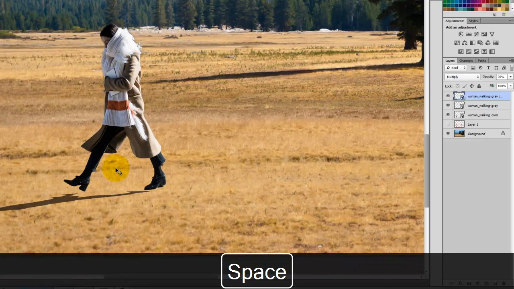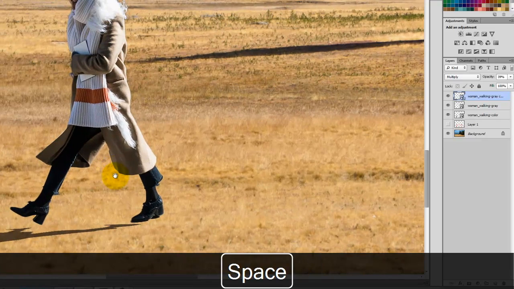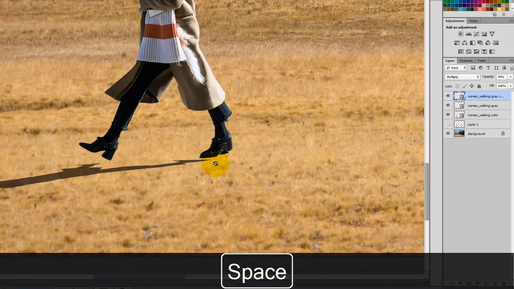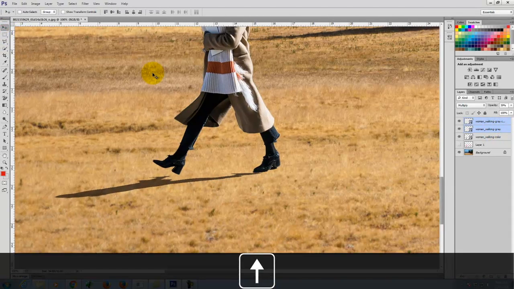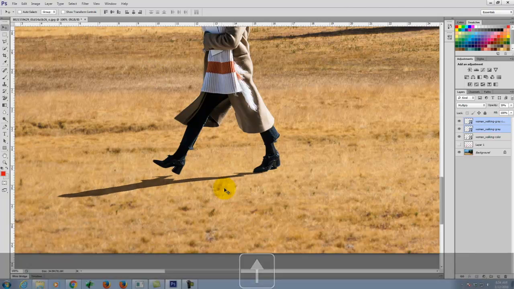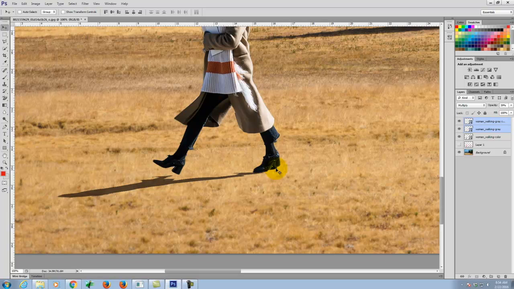So if I look really closely at her feet, she still looks like she's floating a little bit. Well, it looks like I need to move the shadows a little bit tighter to her feet. So that's part of the problem there. But she still looks like she's floating a little bit, and that's because she's on top of a natural